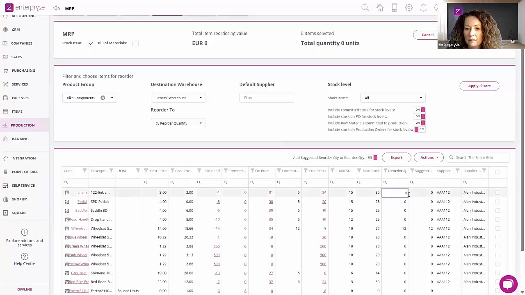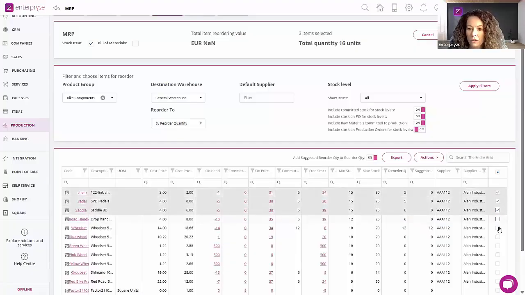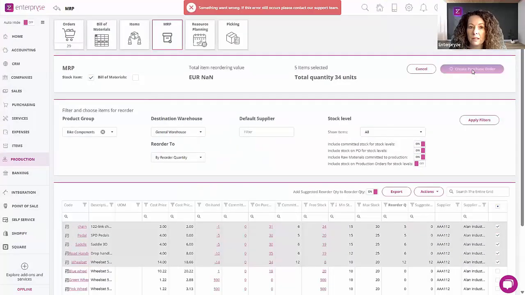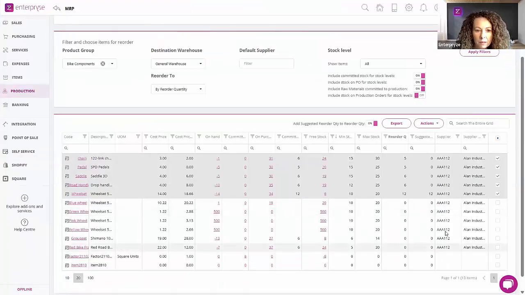Or what I can do is, let me just select, maybe update one of these items here. I'll just put in a quantity for each of these, just so we can see those come in to the system. And just to show you here that once we have a reorder quantity in, you'll be able to select the relevant components and then simply create the purchase order. Something went wrong. Okay, that's okay. If I selected something more,